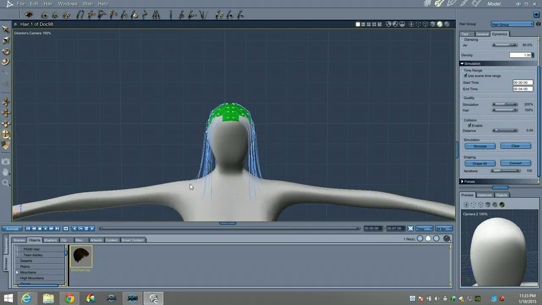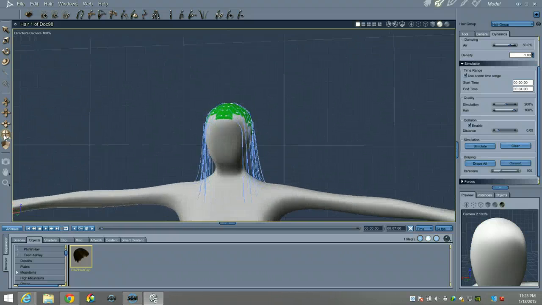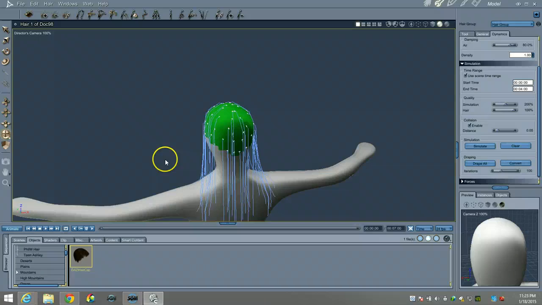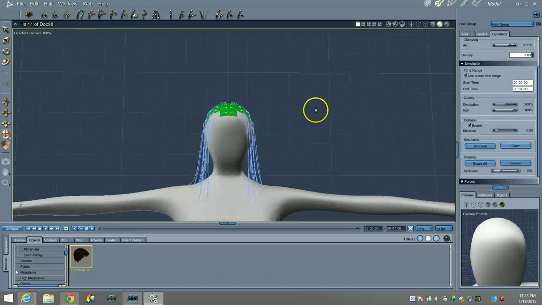Okay, so you've run your first draping simulation. We've draped the hair down really nicely. It came down nice and smooth, but it's not done yet. We want to even it up and make it look good. So let's jump back to that tool that is your best friend that I talked about before, the push tool,